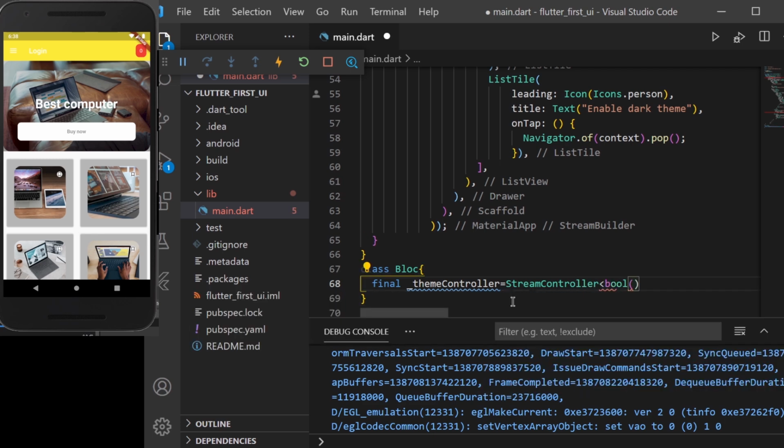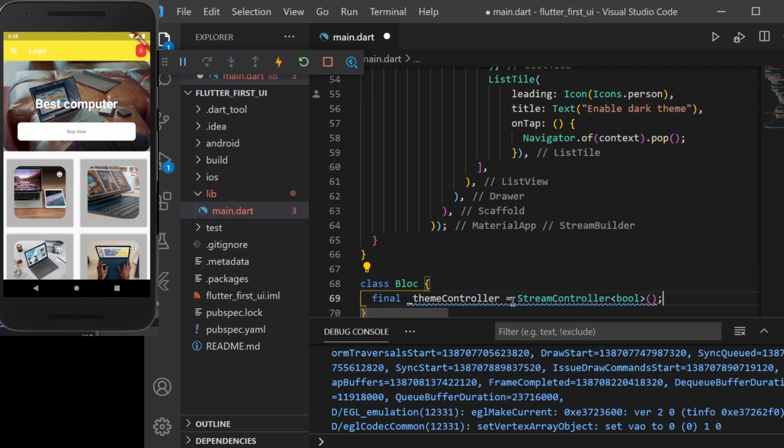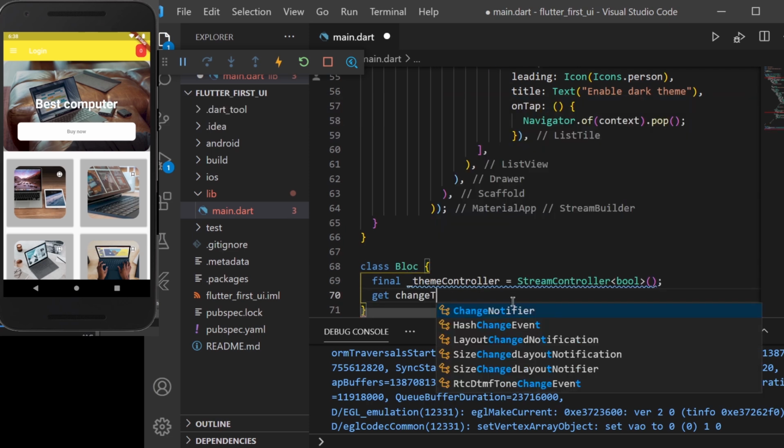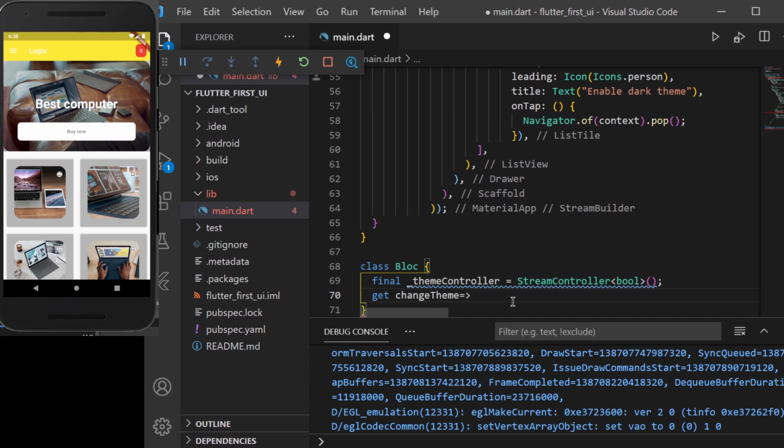So you add data to the flow, and then you can fetch data from that flow using the stream and sink. So firstly, I have specified a stream controller, and this stream controller is of a type boolean. And next I am getting the change theme variable through the theme controller which I have specified above.